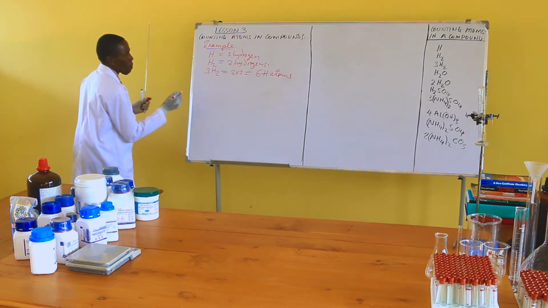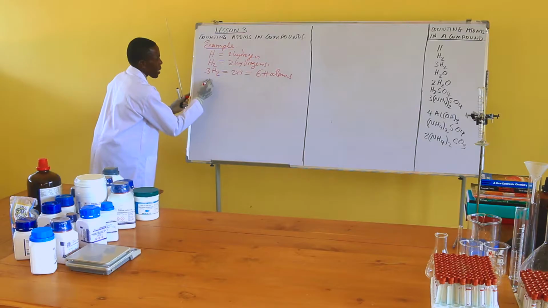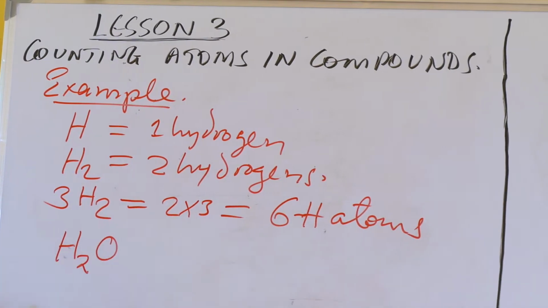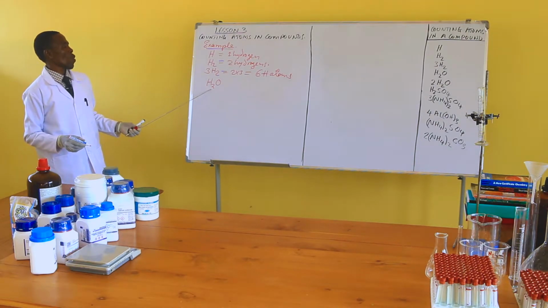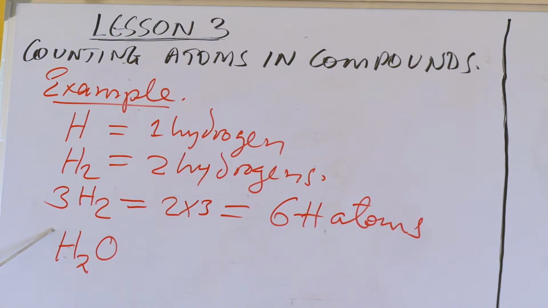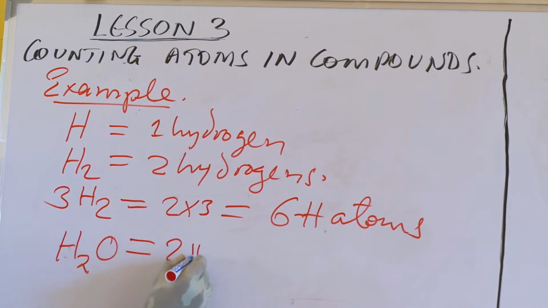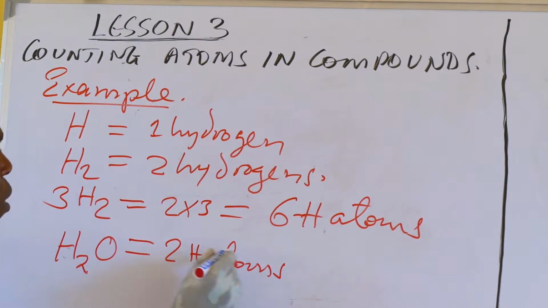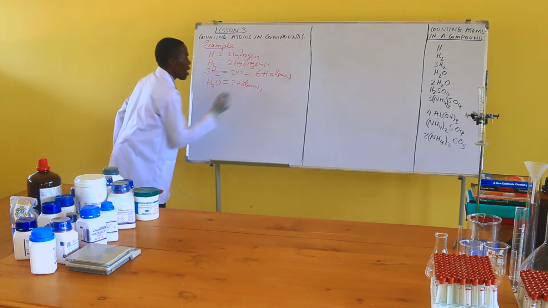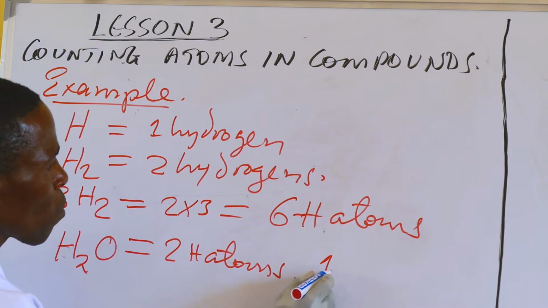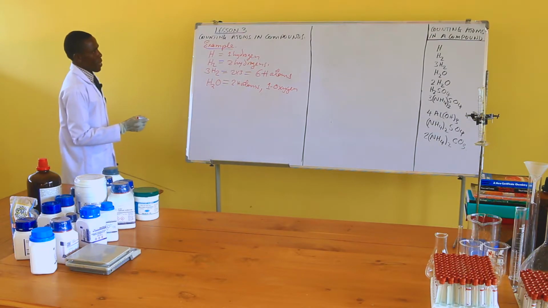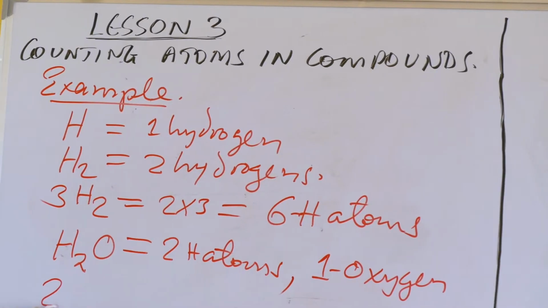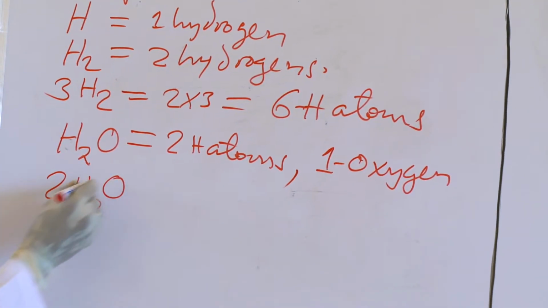Now, if it is a molecule of water, for example, written like H2O, this hydrogen has a subscript of 2 there. So this hydrogen counts 2 atoms of hydrogen, which equals 2 hydrogen atoms and 1 oxygen atom. But if it is written like 2, then H2O like that,